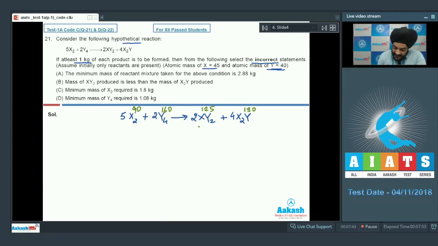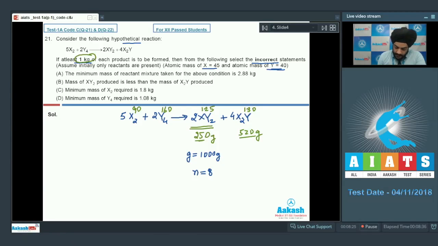So students, we can see that for every 250 grams of XY2 produced, we have 520 grams of X2Y which is formed. So obviously, if at least 1 kg each has to be formed, then the limiting case is XY2. So we have to form 1 kilogram of XY2 and X2Y shall be formed accordingly. Okay. So the given mass which is required to be formed is 1000 gram, which corresponds to 8 moles of